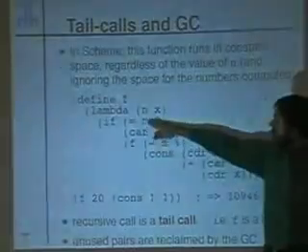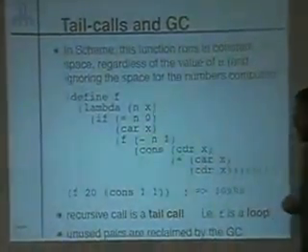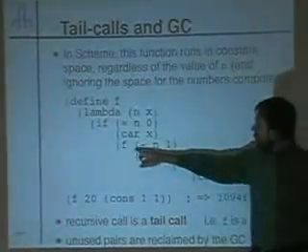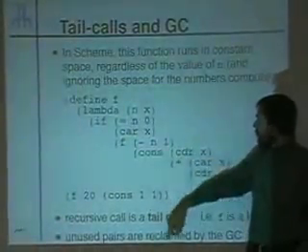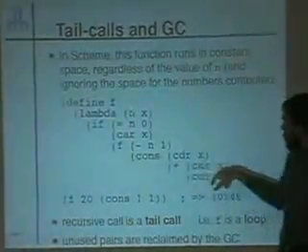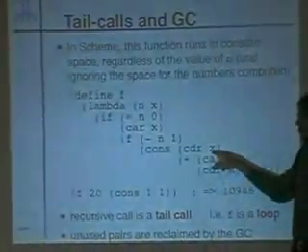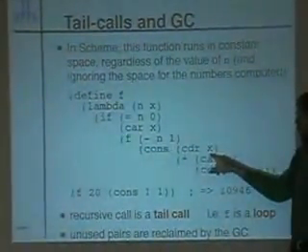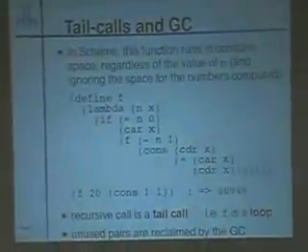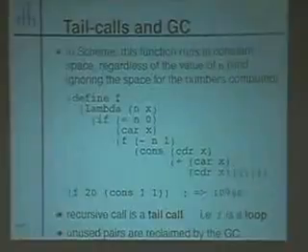If n is 0, we return the car of the pair x. So x will always be a pair. Otherwise, we call f recursively, and we just decrement the value of n, and we pass a new pair here, which is the content of the cdr of the old pair, and the sum of the current car and cdr. So, can anyone say what this does?